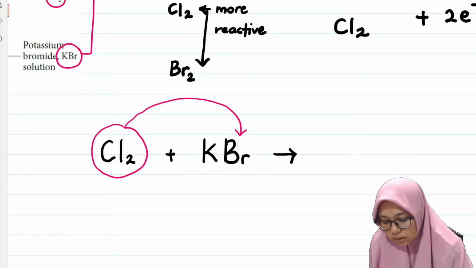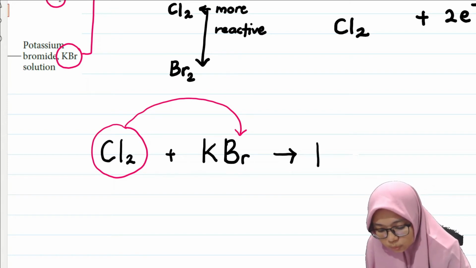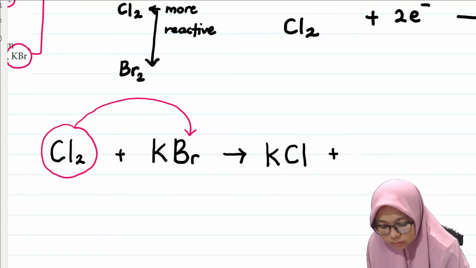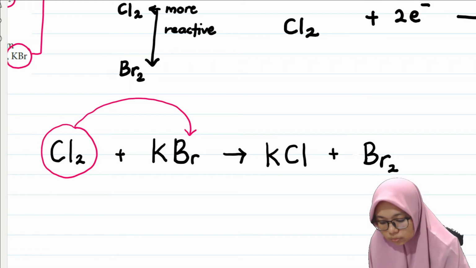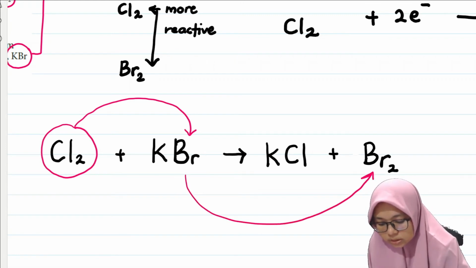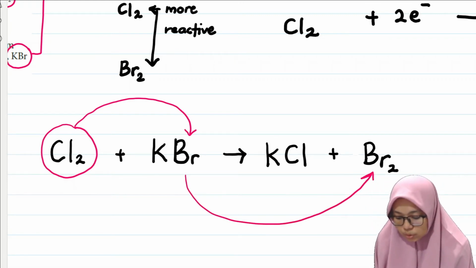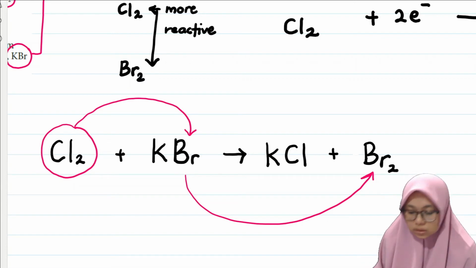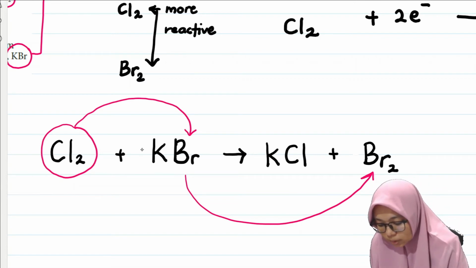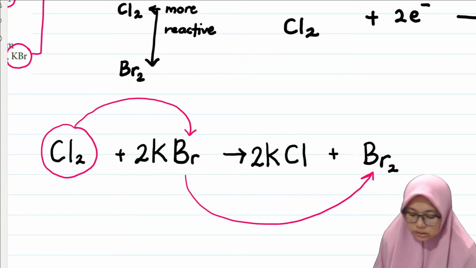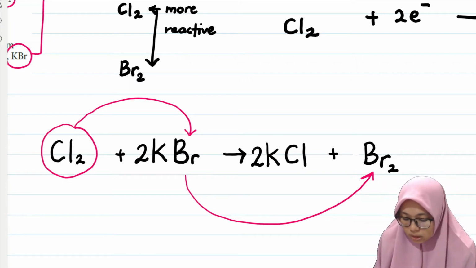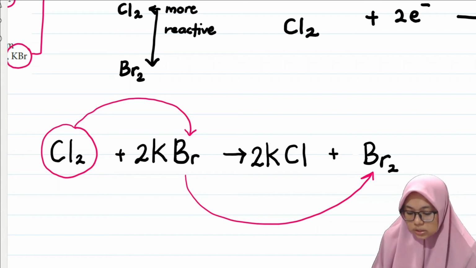So what happens is that potassium bromide will change to potassium chloride, and bromine will be displaced as a molecule. So bromine here will change to a molecule. As you can see, the chemical equation is not balanced, so you have to have 2 potassium bromide and 2 potassium chloride. So this reaction is called a